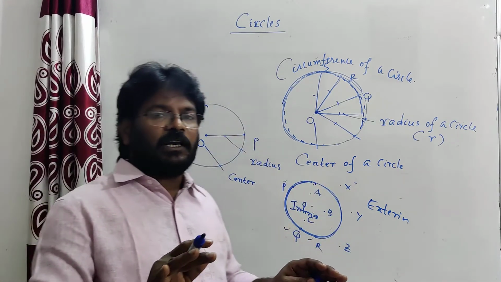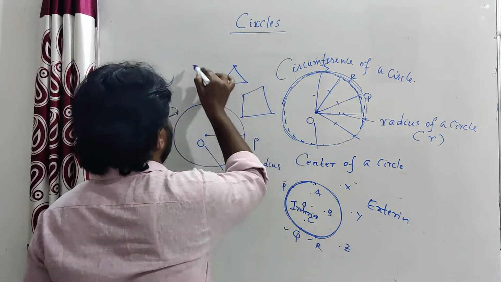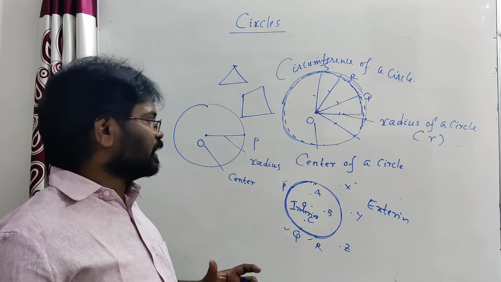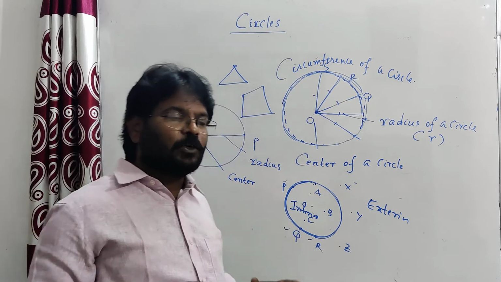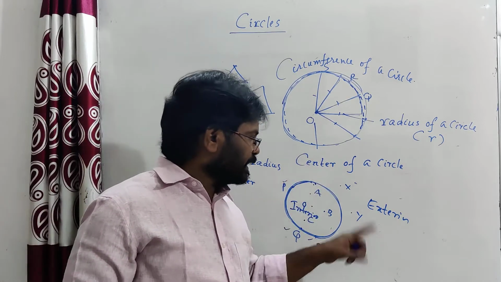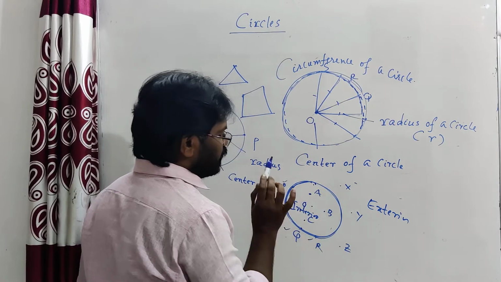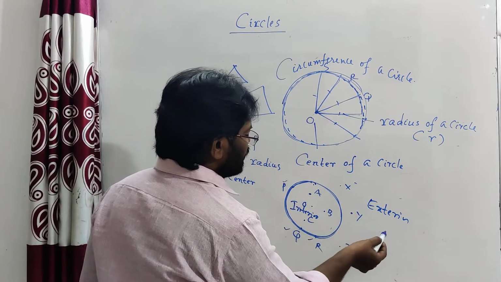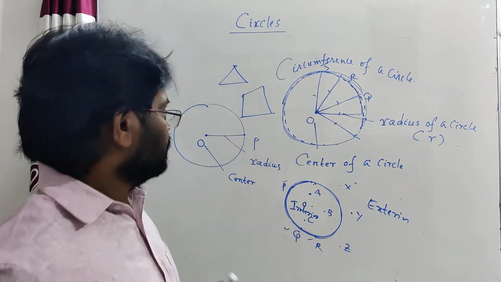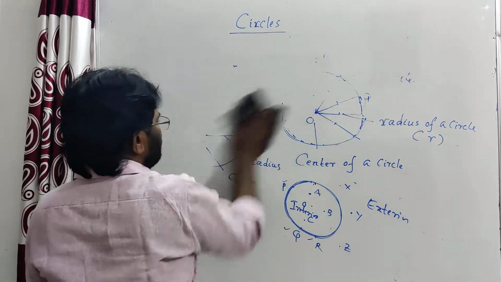So every closed figure, not only a circle, every closed figure, either a triangle or quadrilateral or kite, whatever it is, divides the plane into three disjoint sets of points. Disjoint means no point is common to the sets: the interior set, the exterior set, and the set on the figure. Suppose A is a point which is interior, not exterior or on the figure. Y is a point which is exterior, not interior or on the figure. So this is the division of points by a plane figure in a plane.